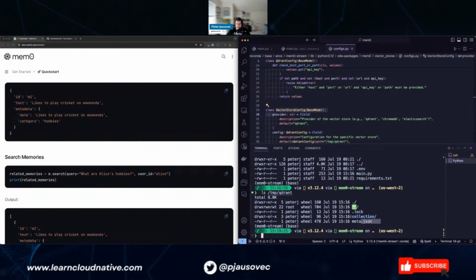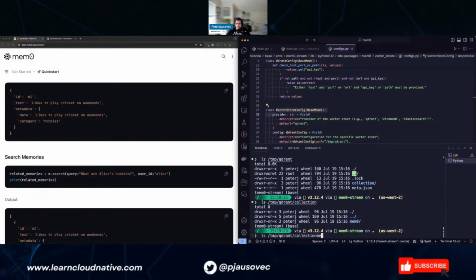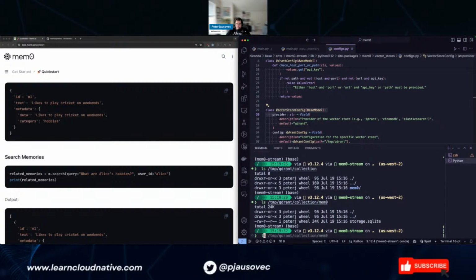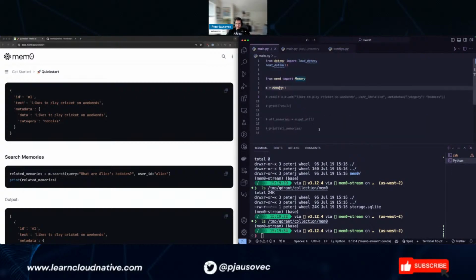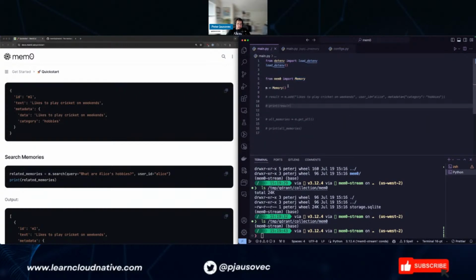Yeah. Okay, so it's there, right? So there's something there. Okay, so it sets it up automatically for you. That reminds me of the way that Embedchain worked. You didn't have to specify anything. It just magically worked, like it defaulted for you. All right, so that's stored there, and then you can do a search.